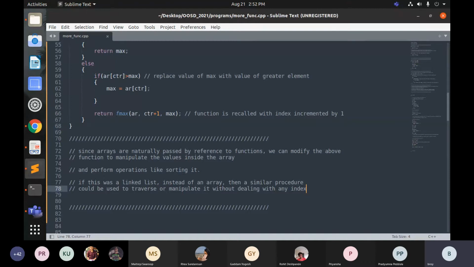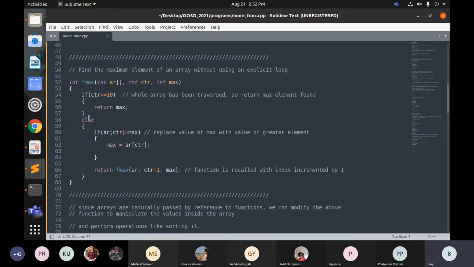So yeah, this might not be very obvious, but you should try it at home. The same thing: instead of saying counter plus 1, if you recall this thing,